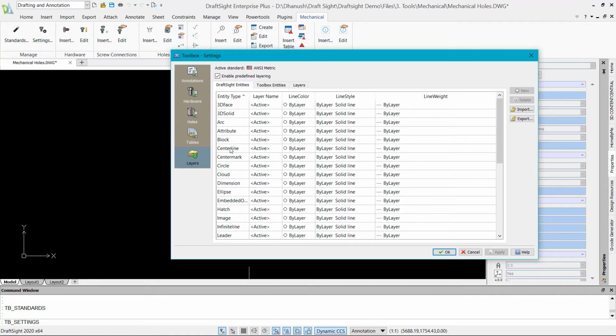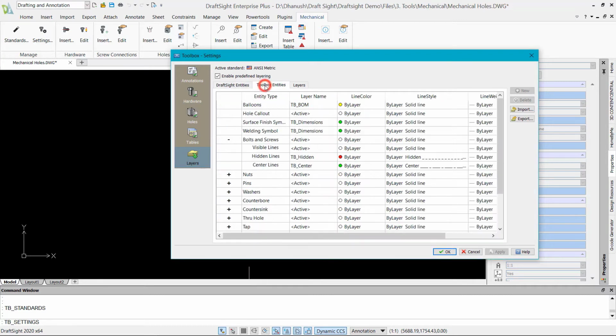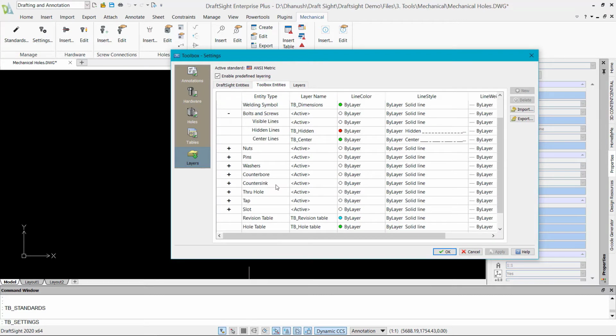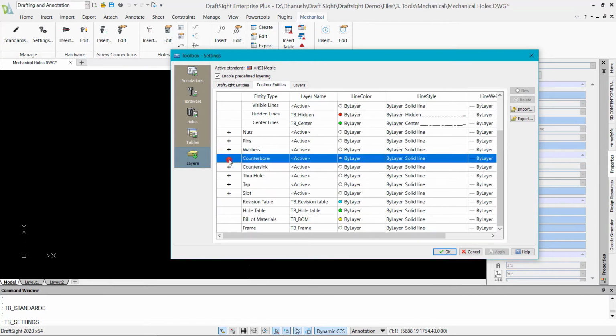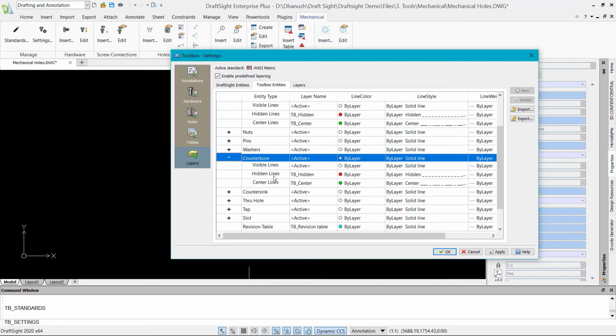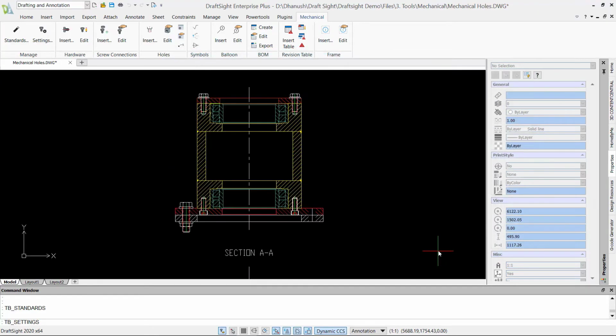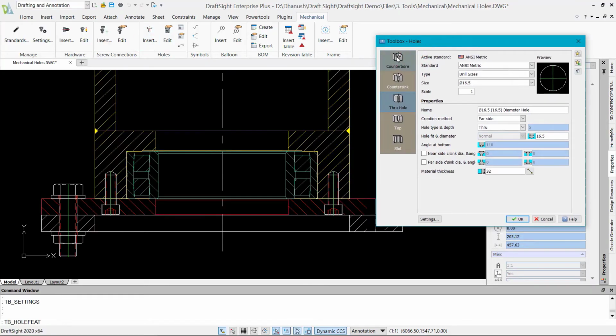Predefined layers. Using the toolbox, you can set layer properties to specify layers, colors, line styles, and line weights to predefine them in the active document. Add predefined holes to drawings by choosing from counterbore and countersink holes with blind or through clearances.